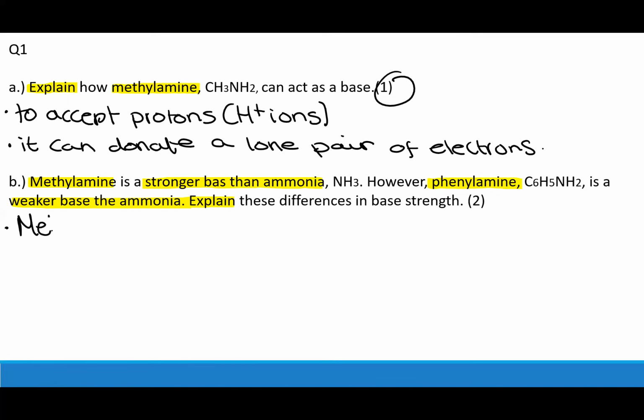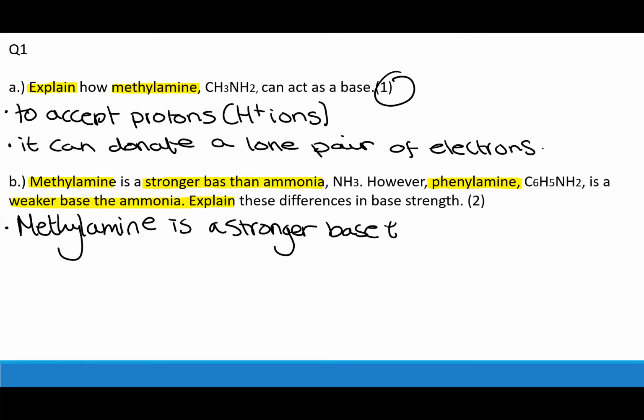So methylamine is a stronger base than ammonia because the methyl group